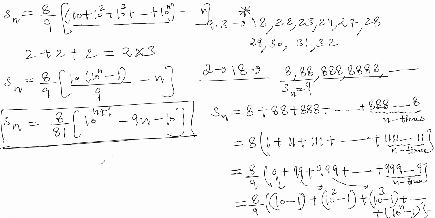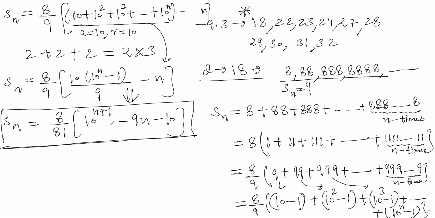Yeah, Aisha, please. Sorry, can you explain the second last step? अच्छा, ये वाला, यहाँ से यहाँ तक कैसे आए? यहाँ पे GP कैसे आए? ठीक है, तो ये एक जीपी है, n टर्म्स है इस जीपी की. फर्स्ट टर्म इज 10, r इज 10, टोटल नंबर ऑफ टर्म्स है n. तो a r की पावर n -1 डिवाइडेड बाई r -1. फॉर्मूला अप्लाई करा है सम ऑफ n टर्म्स ऑफ जीपी का।